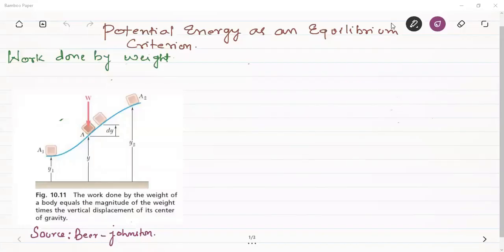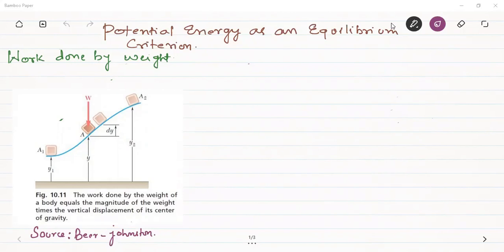In this lecture, we are going to discuss the topic of potential energy as an equilibrium criteria. As far as our syllabus is concerned, this is the last topic of our course, engineering mechanics. So if we focus our attention on this topic, potential energy as an equilibrium criteria, in addition to the equilibrium